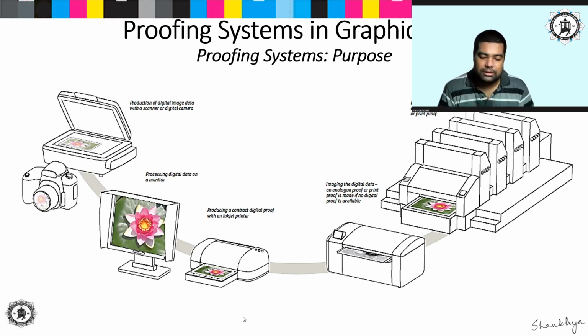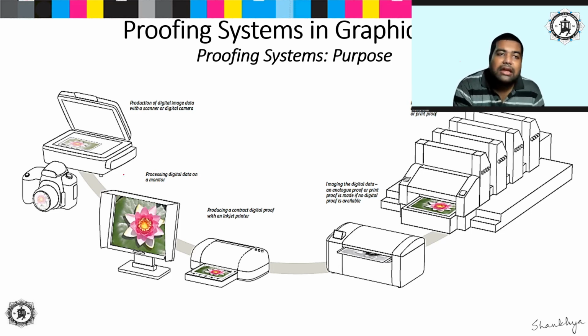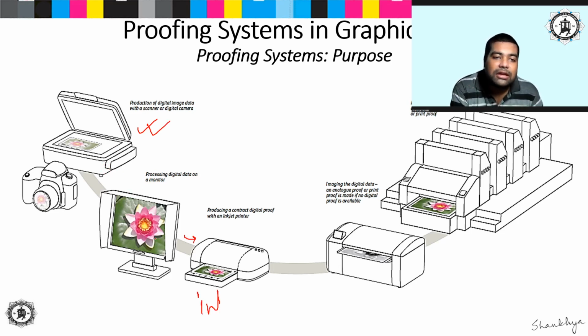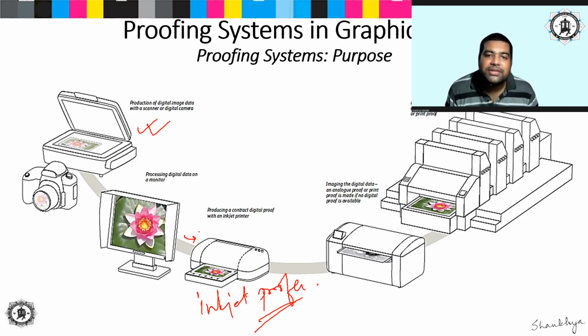So what are you doing? For example, how many ways you can get a proof, right? Your client may give you a photographic material which you may scan and do all the necessary rectifications as per your client's requirement, and then you can in the color computer, and finally you can print it, right? So this may be your inkjet proofer, right? So normally in the industry, inkjet proofers are large format, so that you can get the same size of image that you're going to get through the offset machine. So the scale remains the same.